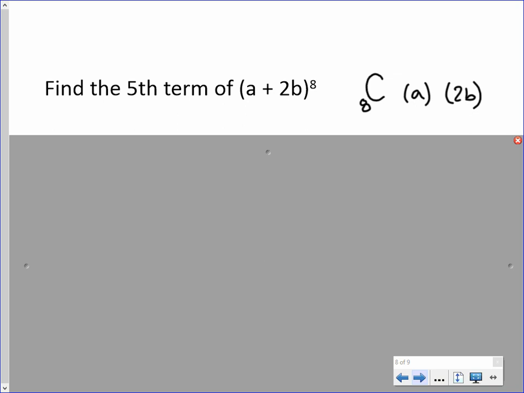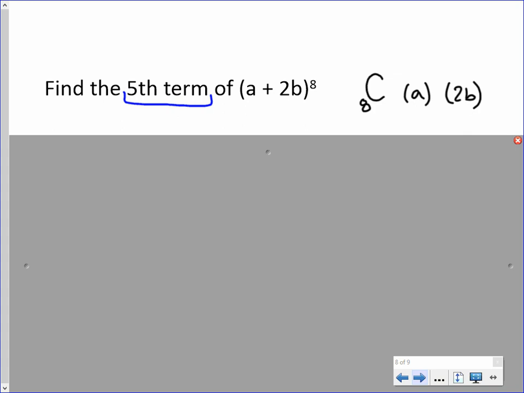If you wanted the fifth term, what number in the combination are you choosing as the fifth one in? And you have three answers, 4, 5, or 6, right? What do you start with? Combination, 8 choose 0. So the first term is 0, the second term is 1, the third term is 2, so the fifth term is